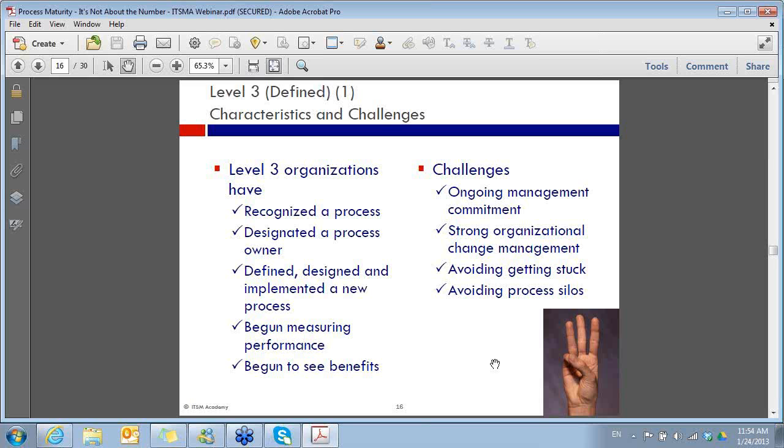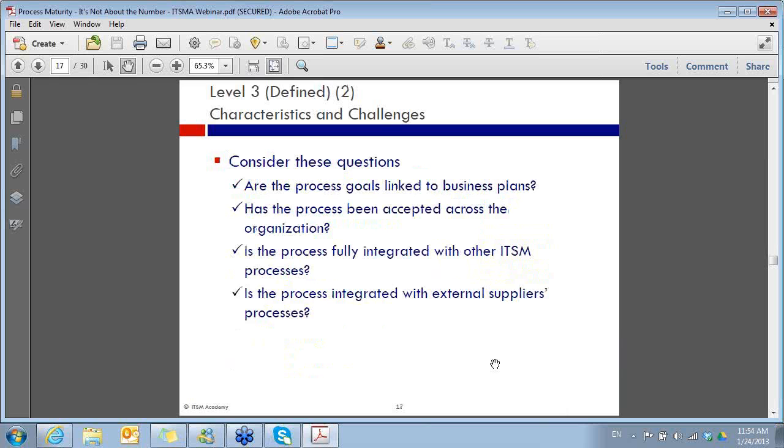You know, I'm sure some of you are going through this. So why have Service Asset and Configuration Management if it's not going to enable every other process to function more efficiently and effectively? That's why you do it. Otherwise, it's just a bunch of data, right? And it's really just costing you money at that point. So you have to now start looking outside your process. Up until now, we've been focused internally on our process. Now we have to look at how well this process is aligned with our business plans.